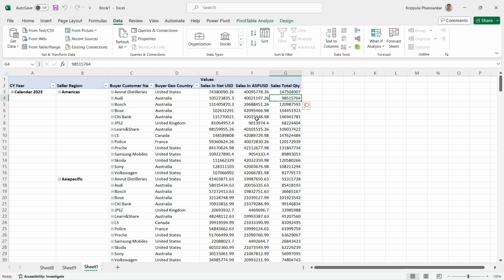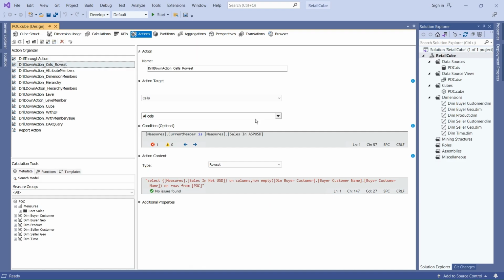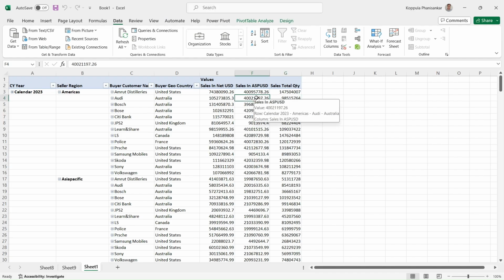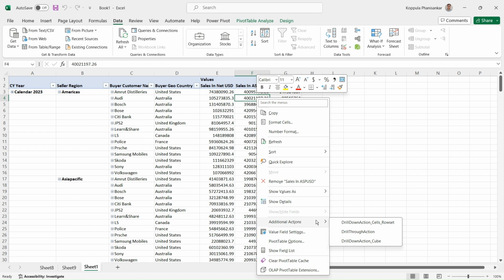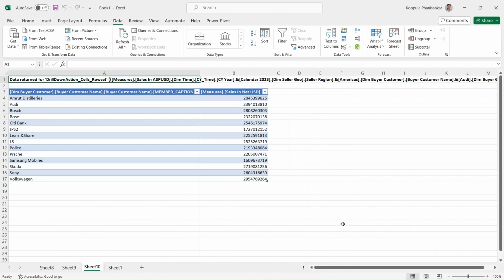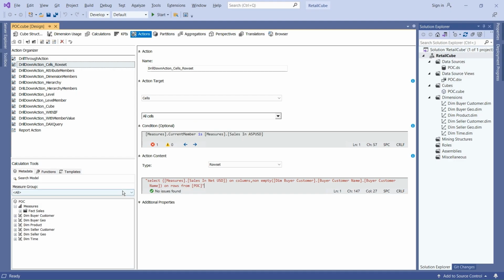Okay, so we enable this under the ASP/USD, and then let me do that: ASP/USD, right click on here, and then additional action. Under that you can see my drill down action cells row set, and that's it. The MDX query is fired, and then it fetched the data. Okay, and then moving on, the next one is